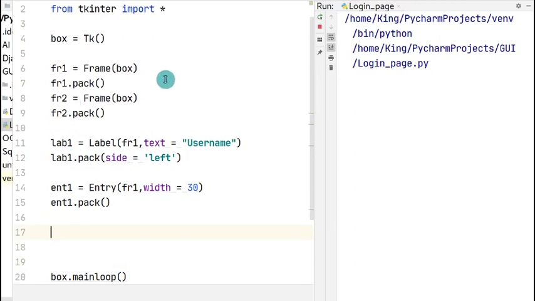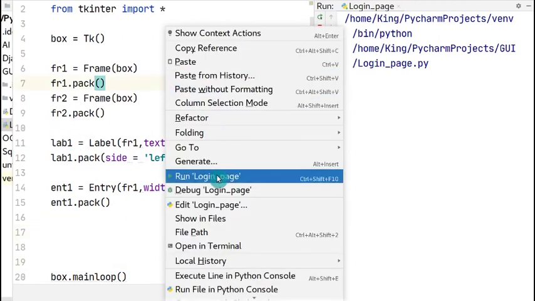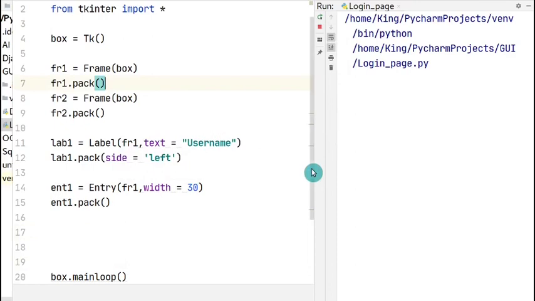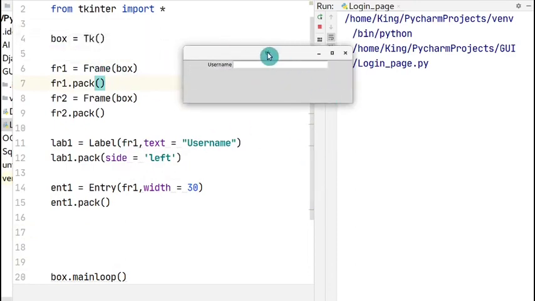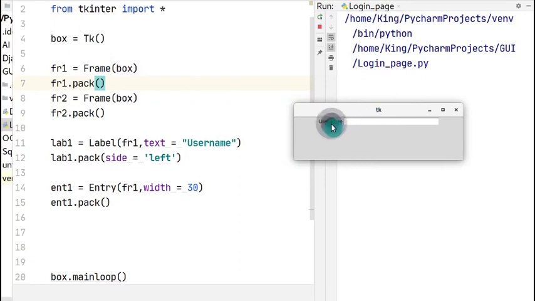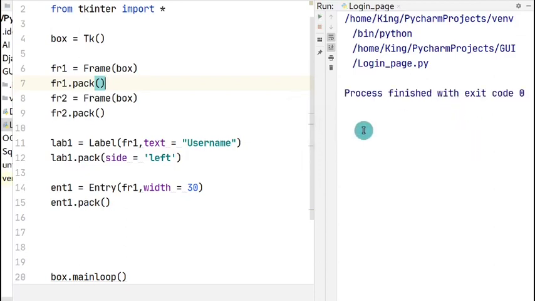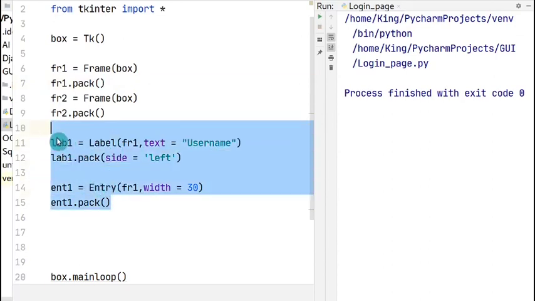So now let us see how this looks. I'm going to run this. Now this is our small GUI window where on the left side there is a username and on the right side it accepts the inputs of a user. I'm going to close this and I'll add one more label as well as an entry widget with a small different